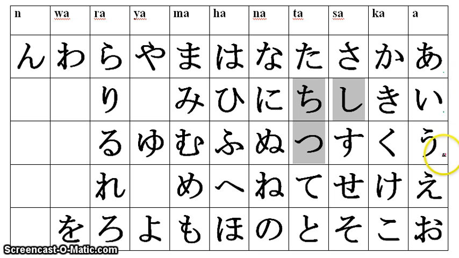A, I, U, E, O, Ka, Ki, Ku, Ke, Ko, Sa, Shi, Su, Se, So, Ta, Chi, Tsu, Te, To, Na, Ni, Nu, Ne, No, Ha, Hi, Hu, He, Ho, Ma, Mi, Mu, Me, Mo, Ya, Yu, Yo, Ra, Ri, Ru, Re, Ro, Wa, Wo,